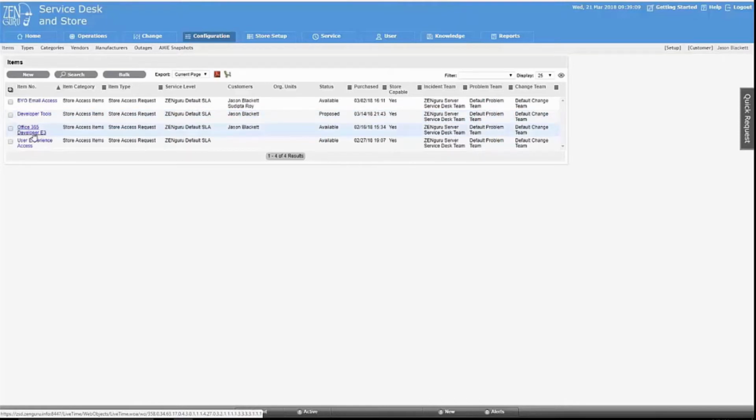I've got the one that we're going to focus on, which is Office 365 Developer E3. And then I've got the user experience, which again is another app and file access combo. So again, the Office 365 one is where we'll focus. We've created it. Now that we have a configuration item for it, we can get ready to make it